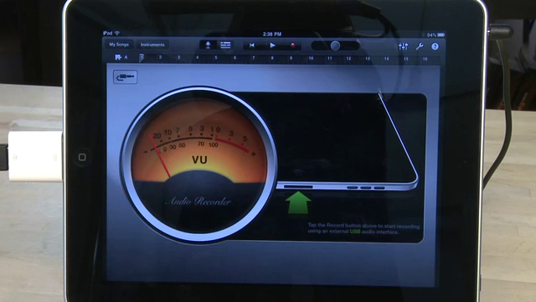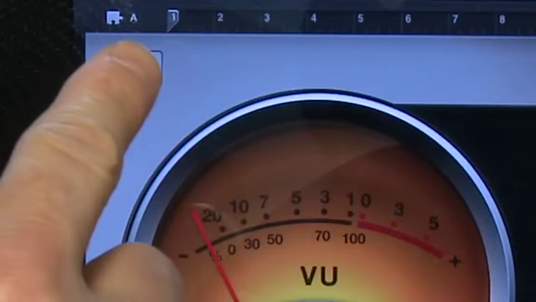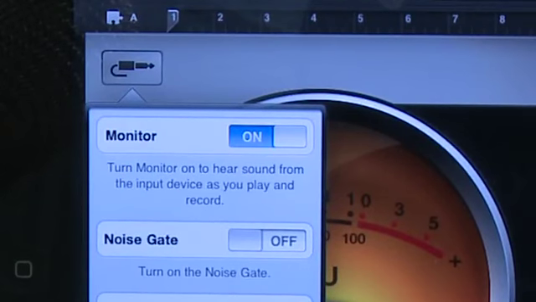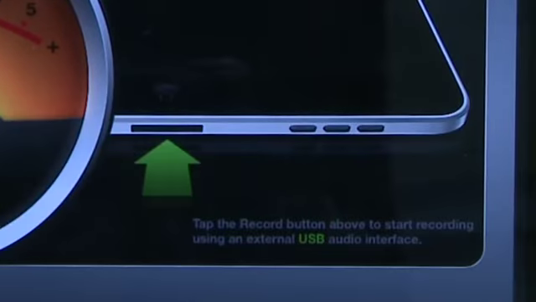You won't actually be able to hear it through the headphone jack on here until you switch your monitor on. Just like with your electric guitar, you'll tap on the 1/4-inch plug here and switch your monitor on. Now on the bottom right-hand corner, you have a little graphic of the iPad and a note that says to hit the record button to start recording. We'll show you how to do that in greater detail, but you'll do this when you're ready to start recording